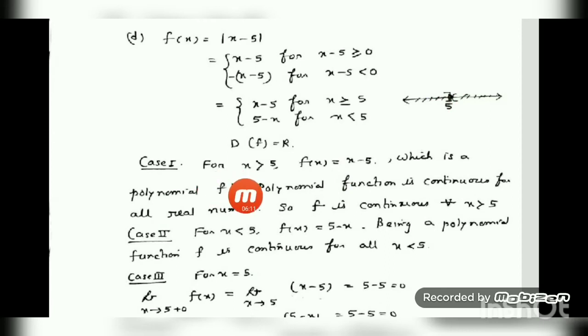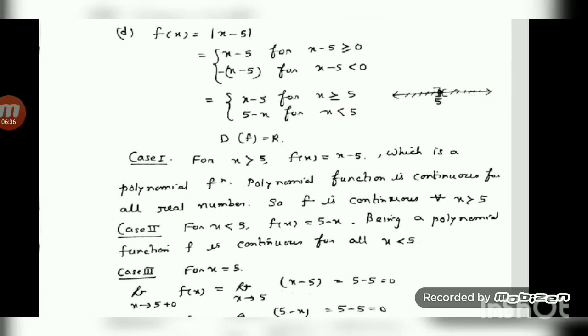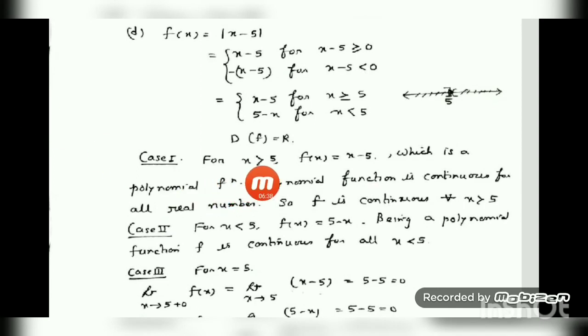Okay, so as I told you earlier, for greater than and less than, you write down your function and give the statement. No need to show the calculation by taking c as a point. But at a particular point, you have to show the calculation by showing all 3 conditions. Otherwise I will just give the statement. So for x greater than 5, f(x) is defined by x minus 5. So you can write your function: for x greater than 5, f(x) equals x minus 5.